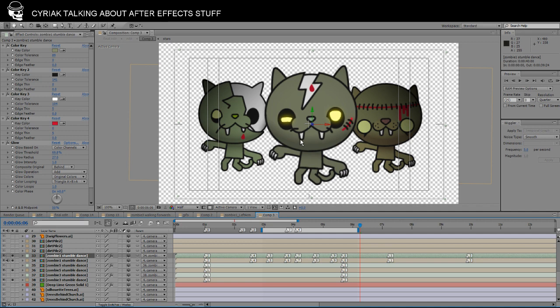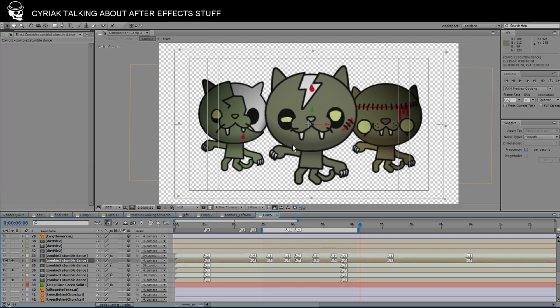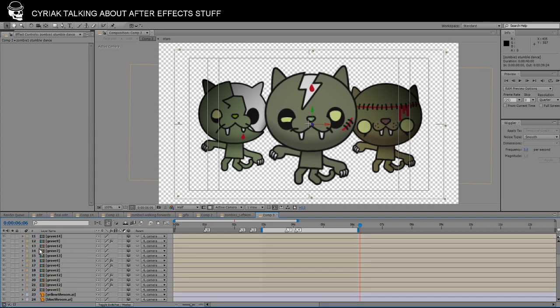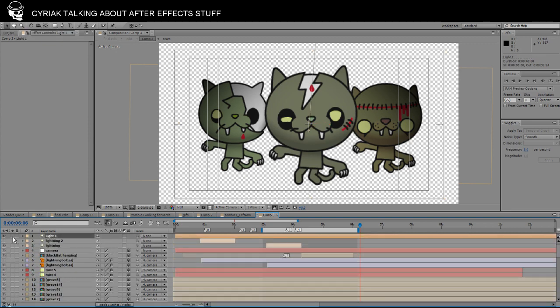And I chose a really weird way to make the eyes glow, which is probably not the most straightforward way, because the three-dimensional layers here, they're kind of darkened by the lighting. So that's what they look like without the lighting, but I've added a light which puts them in shadow a bit. But I wanted their eyes to glow,